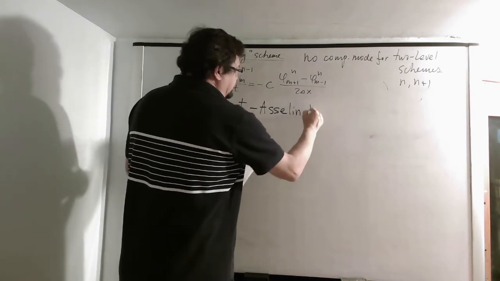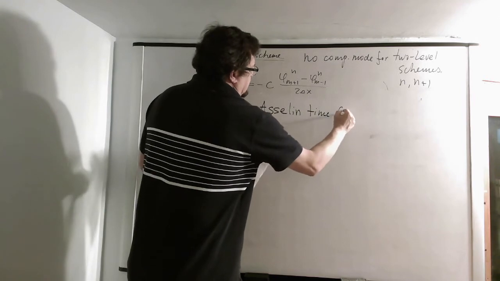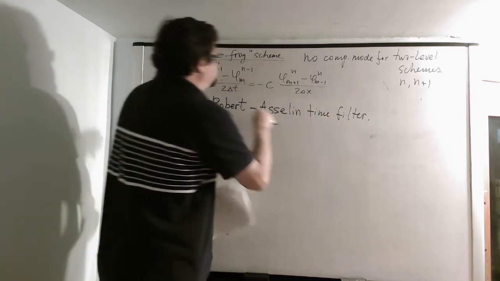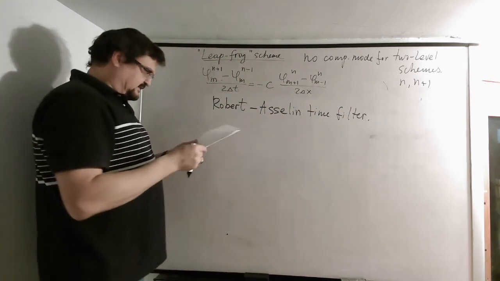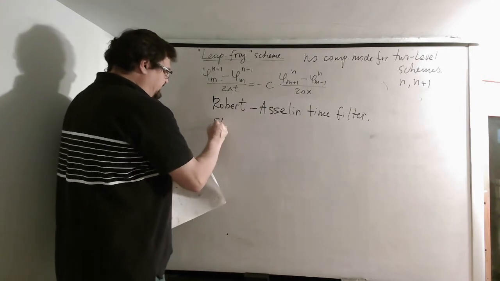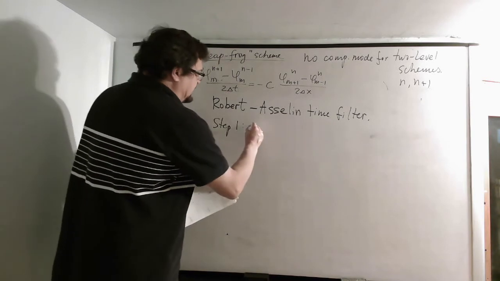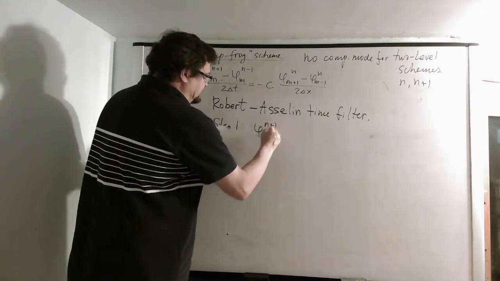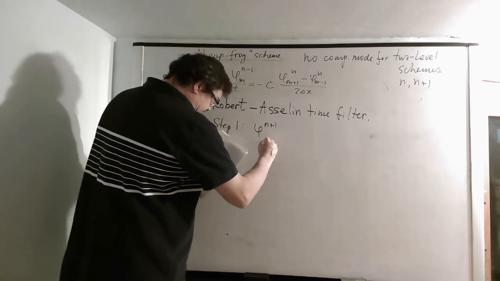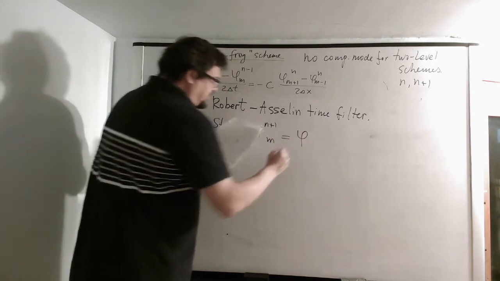It modifies the scheme the following way. You do step 1. On step 1 you compute your phi at n plus 1 at point m equals phi star at n minus 1